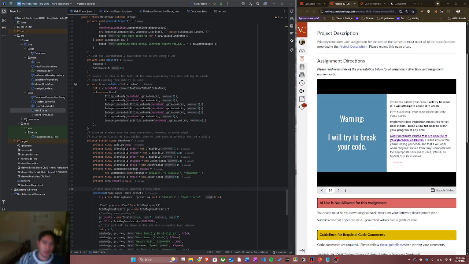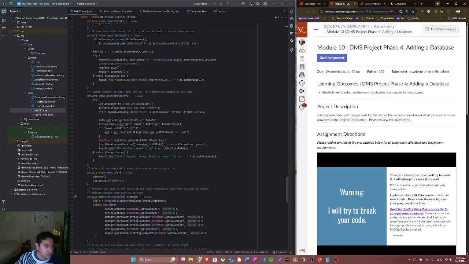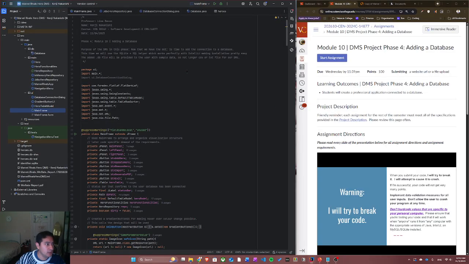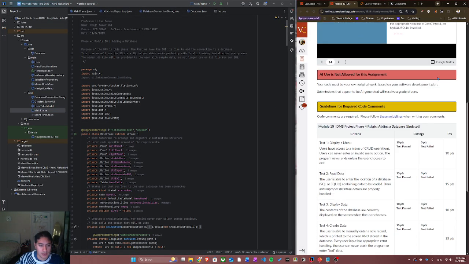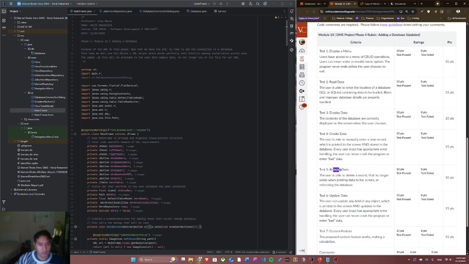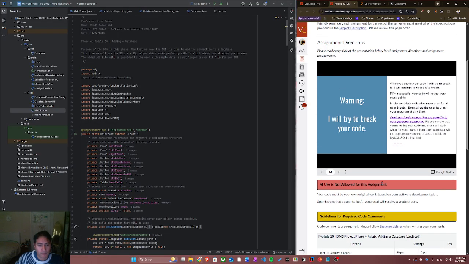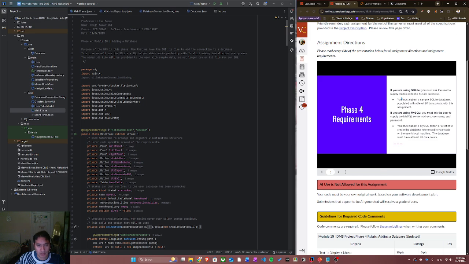I will be doing module 10, adding a database to the Marble Rails DMS project. I want to start by reviewing the rubrics. As always, we have display, read, display data, create, remove, update, custom feature, and the comments. While reviewing, I'm also using SQLite, so I have to provide a sample database, which I have